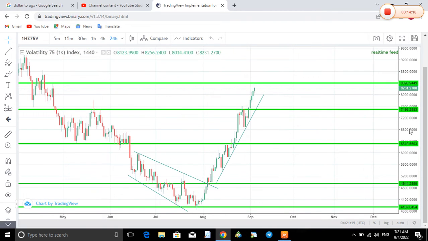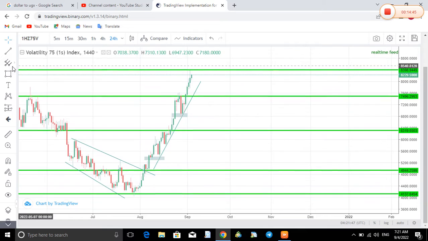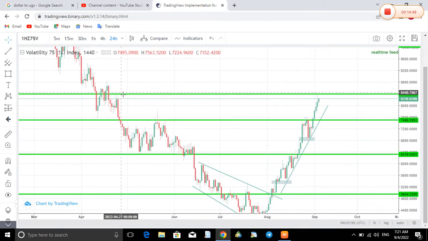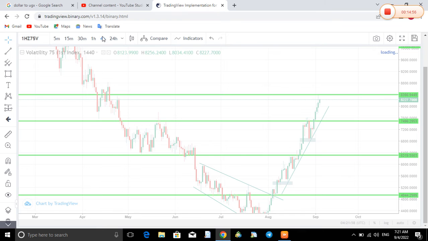Why do we consider drawing our resistance and support trend lines? The main factor is one: we clearly see that whenever prices approach this support trend line of ours, prices do not break out, they usually bounce back. What does this mean? Because one, we are in an uptrend. Secondly, we always have buying pressure on these small minor zones I'm trying to draw out. You get it? Now I'm going to scroll to the lower time frame,